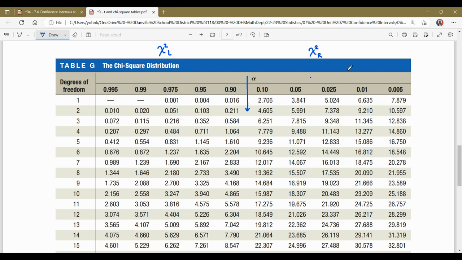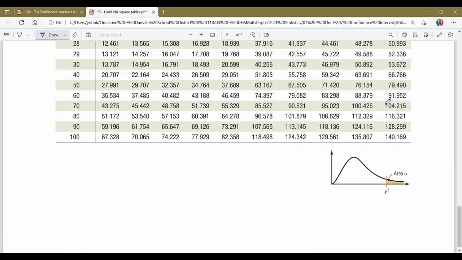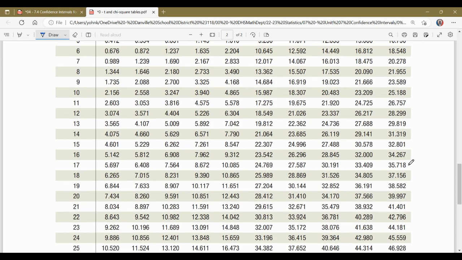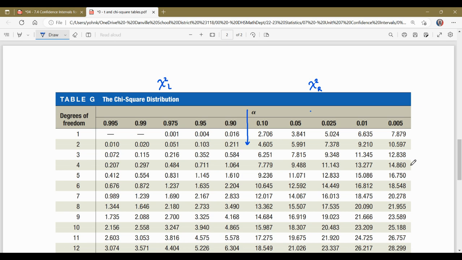Well, if we scroll down to the bottom and look at the bottom of the page, it tells us that our alpha is the area only on one side. That's because each chi-square distribution is right skewed, so all of the alpha area is not split on the right and left sides like it has been so far, but is all concentrated on one side. Therefore, when we try to use this table, it can be confusing because one would think that 0.10 would go with 90%. But because the area has to be divided into two sides to make a confidence interval, this 0.05 goes with